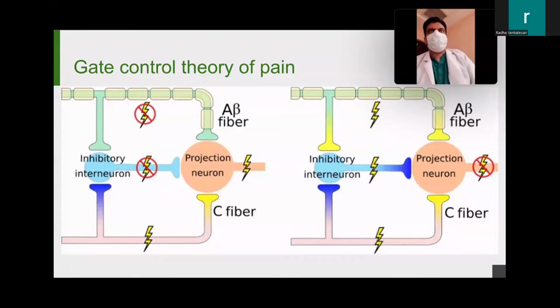If you see the diagram on the right side, all of them are open. So basically, whenever there is pain, if you rub, or this is the same mechanism used for TENS machines also, you stimulate that A-beta fiber also, and it takes away the pain. So this is a diagrammatic representation to understand very well what the gate control theory is, because this part is mainly for understanding the pathophysiology and how it works. And this is the key thing to be understood to treat pain also.